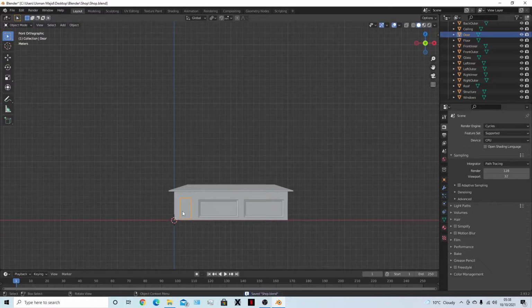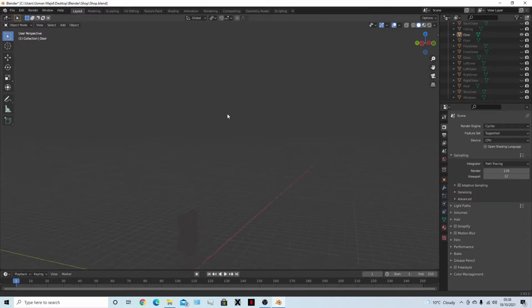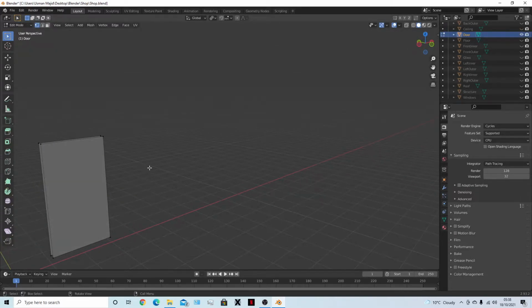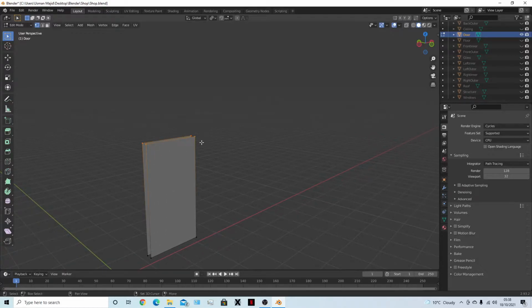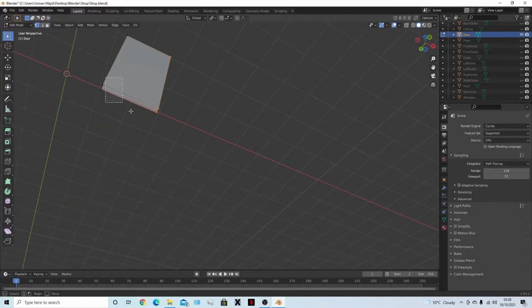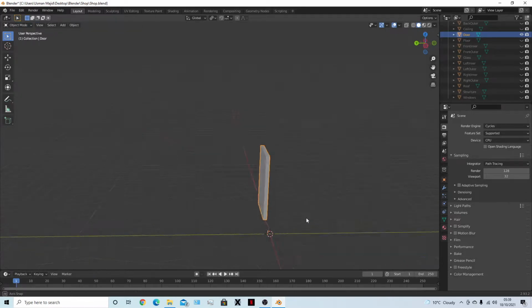So now we need to work on the door. The door is, I think, the hardest part of the whole thing, but we need to work on it. So Shift H, hide everything. So I'm going to do virtually the exact same thing. So select these 4, turn them into a face, these 4 into a face, these 4 into a face. So now we've got the door,